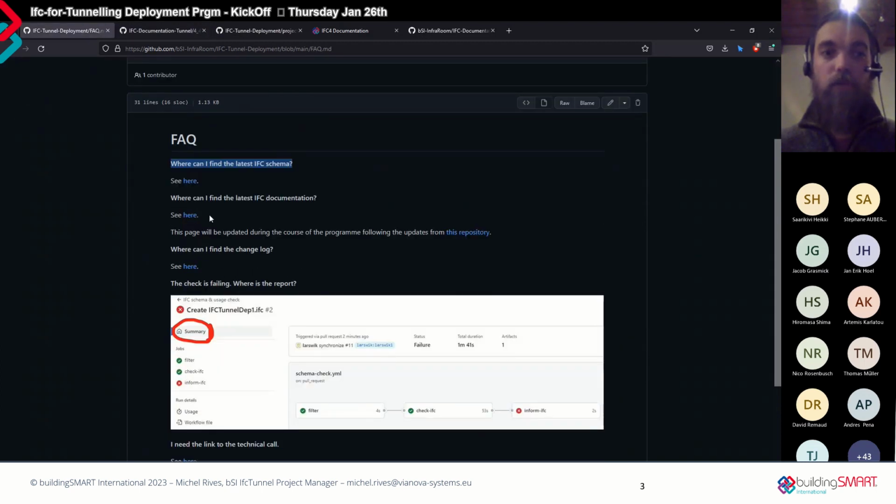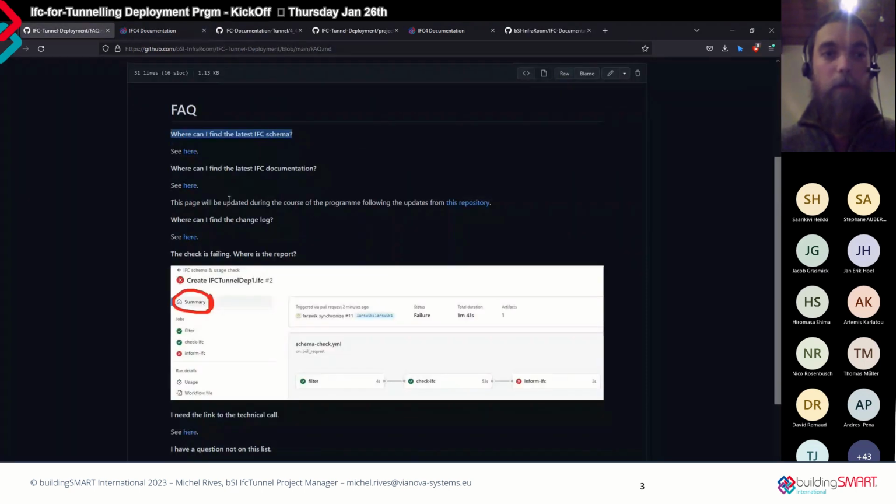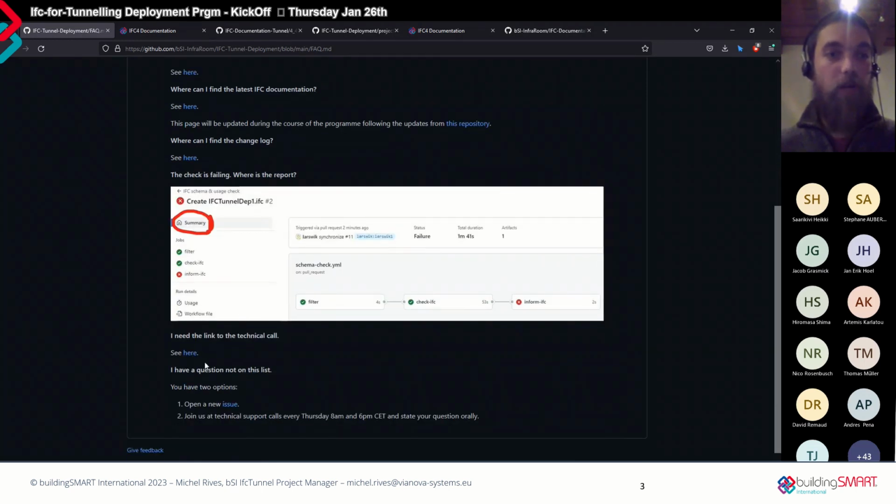Then again, the latest IFC documentation, Sergey has shown us that. The link is here. You can navigate through it. Of course, as Sergey said, this page will be updated during the course of the program following the updates from the repository he has shown. The changelog again, and then we come to perhaps the question about the CI/CD